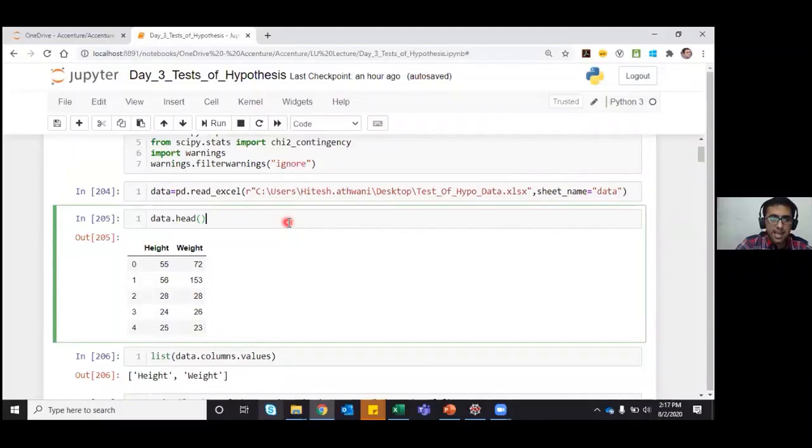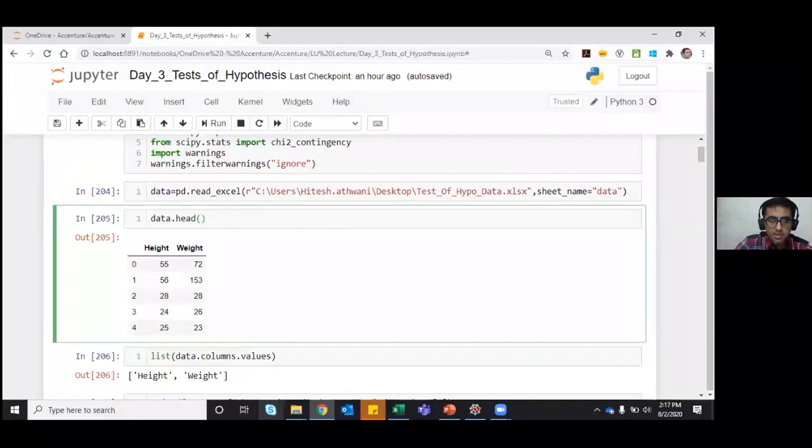Now, assuming we have loaded the data, we can see the head of the data by simply typing data.head. Also, one more thing I would like to mention, just because it's Excel data, we write the command read_excel. And also note, if you are opening a bracket, you should close it as well.